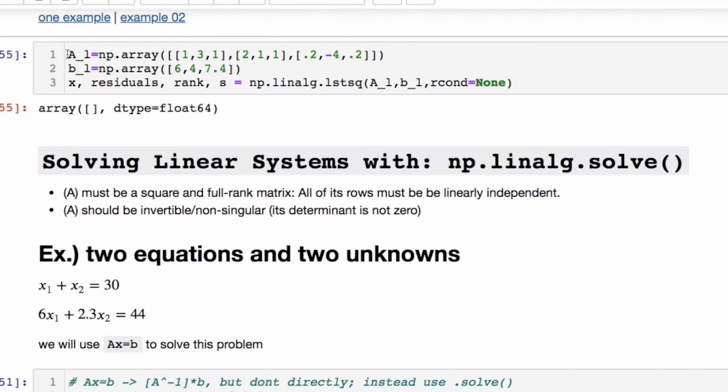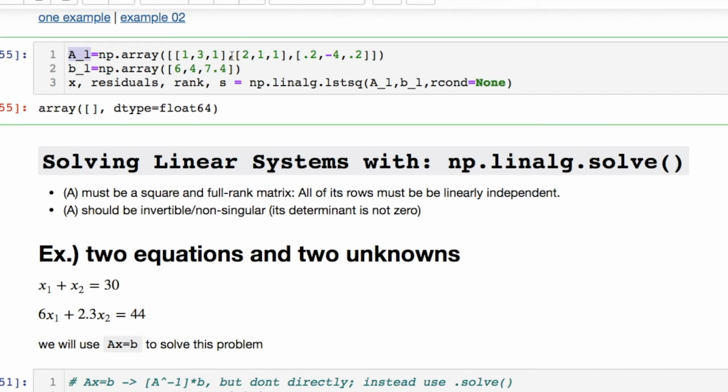We have this array, this A1 that I created, which is a 3x3, and then we have this. So then I use the least squares here and I place in this, my everything after the equals, and this is the coefficients. This rcond equals None was used because you get this error that comes up that's really annoying. It still prints off your data, but it's extremely annoying, so you can just do this rcond equals None to resolve that.